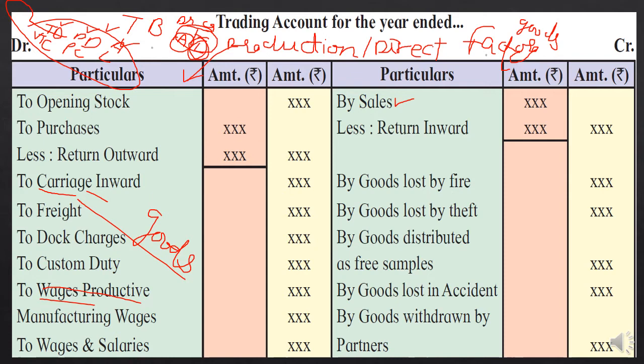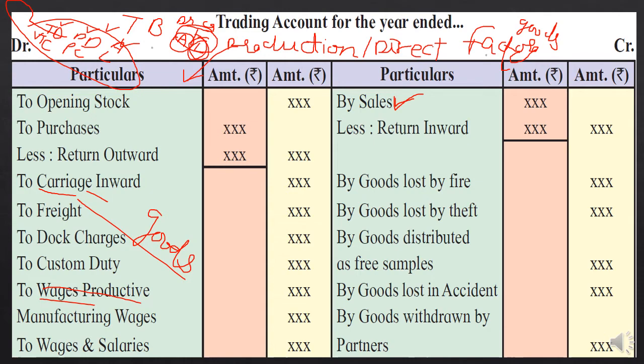Trading account credit side, production related income is a sales, so sales only will be written here, and all other selling related things will be written in the P&L. So just keep in mind this difference. Then goods going from the factory, or it is lost by fire, lost by theft, or it is distributed, or it is lost in accident, or it is withdrawn by the partner. So any goods related, production or factory related, or we can say the direct expenses will be shown in the